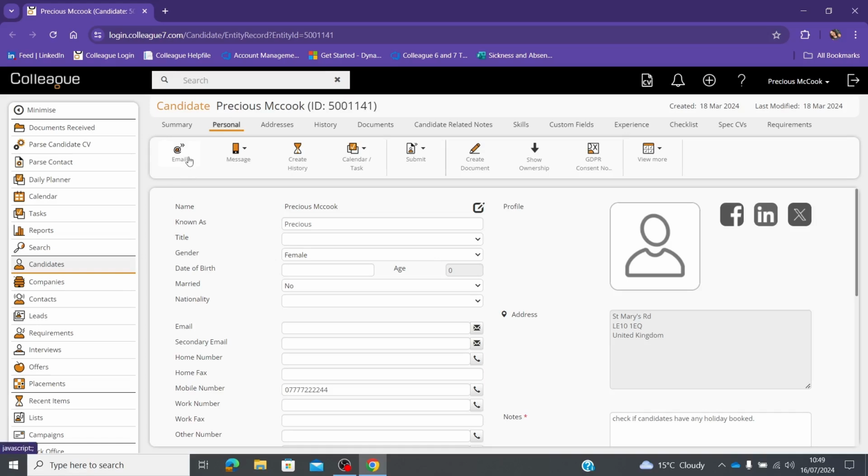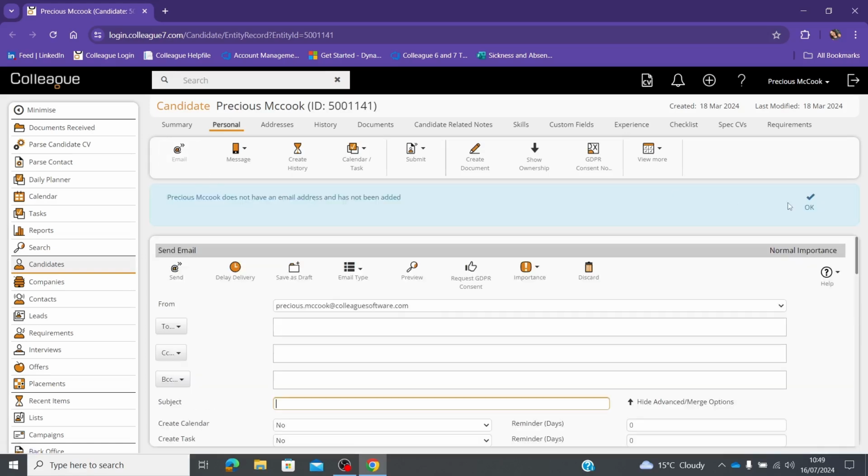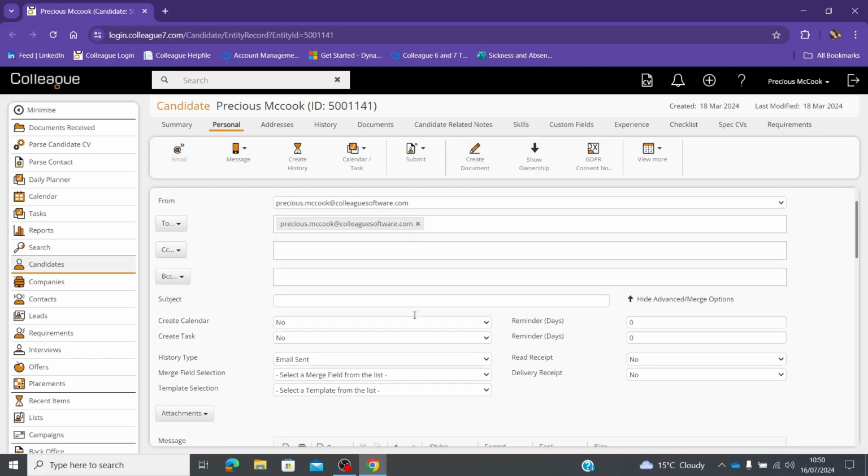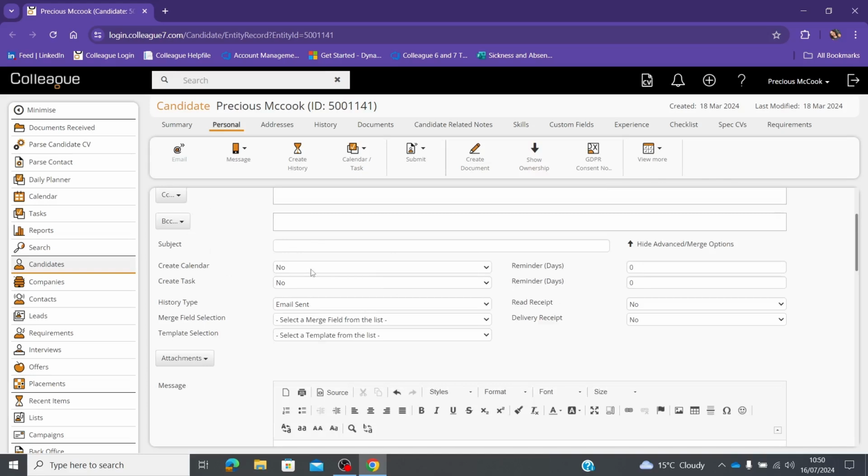Final way to create a calendar entry is via emails. So say for example you're emailing a candidate, select the email option along the top, make sure all the information is correct, for example their email address, and you fill it out like a normal email, but before you press send, where it says create calendar entry,